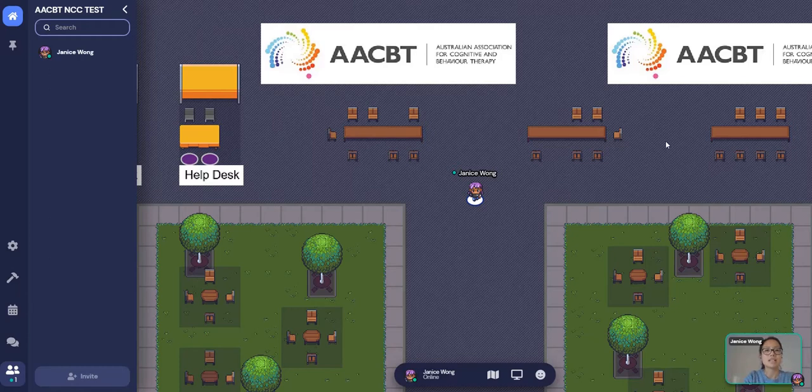And last but not least, if you're accessing the conference space from a network other than your home network, please make sure that the firewall settings will allow you to access all features of GatherTown. There are some workplaces that will block certain features of GatherTown, which may mean that you might miss out on the program. If you have any further questions, please don't hesitate to contact us via our email